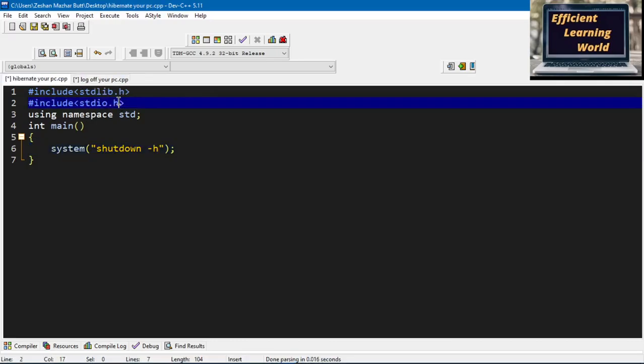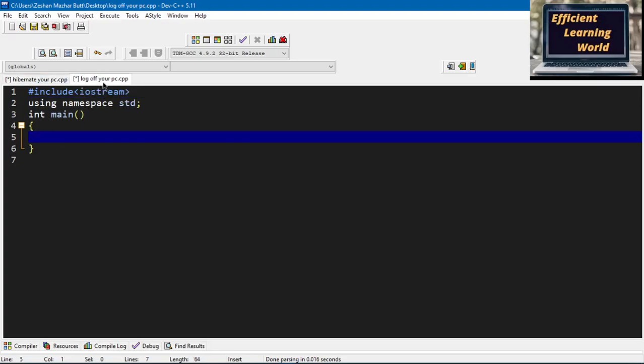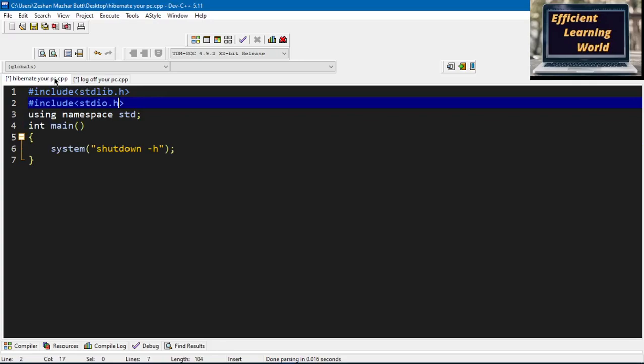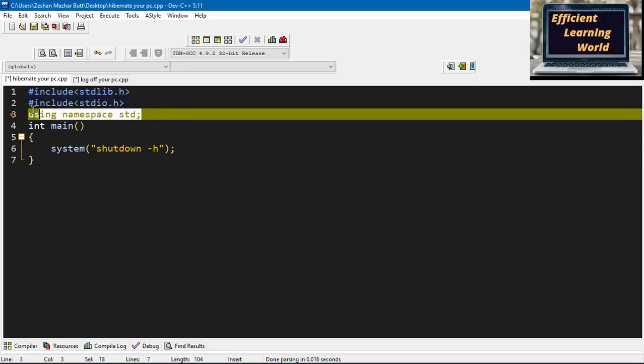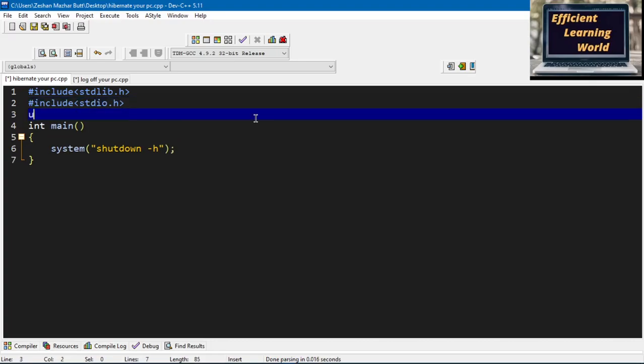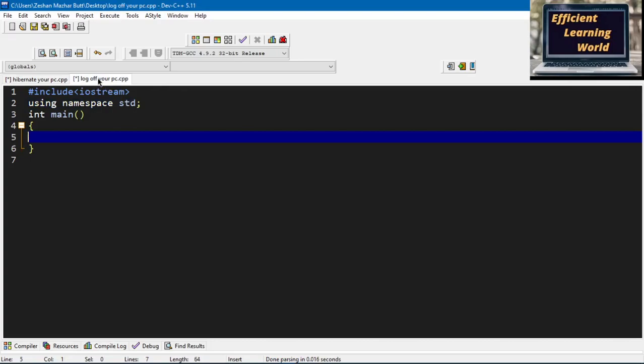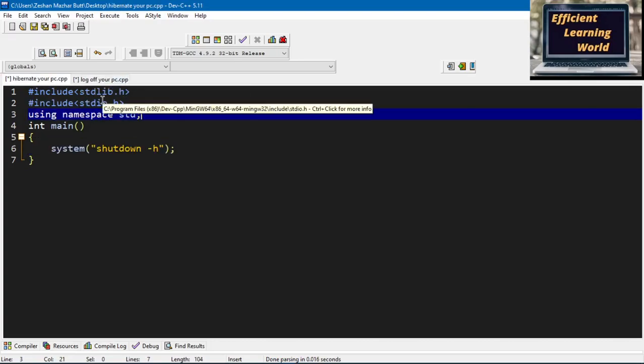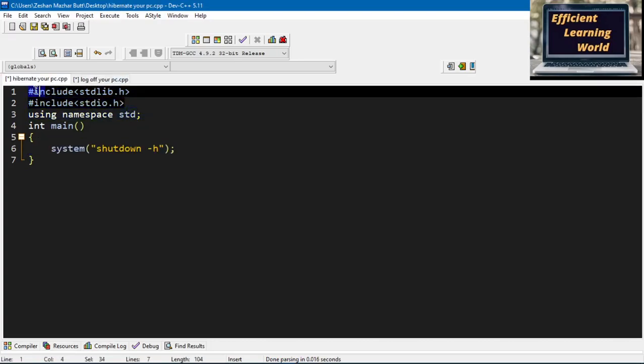Say I use the stdlib.h header file and stdio.h header file, but you can also use the iostream header file if you are using the C++ editor. If you are using the C language, you just have to remove this using namespace std, because it is not defined in the C language. But mostly in C++ you just have to write here using namespace std, which is part of the syntax of the C++ language. So you can use the iostream header file as well, and the stdlib.h and stdio.h header files as well.